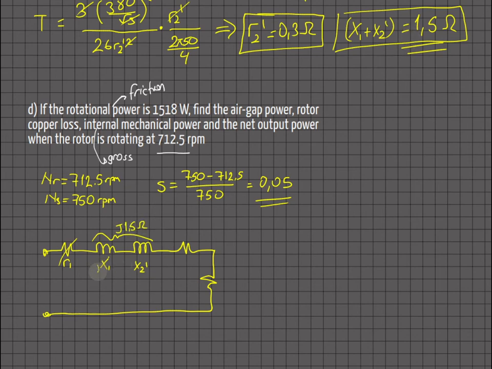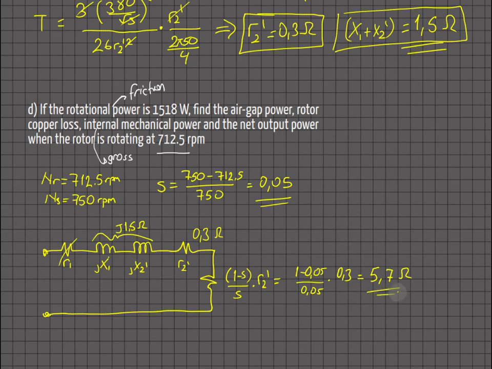Okay, this is J, don't forget the J's. And R2 prime is 0.3 ohms, and this was 1 minus S over S times R2 prime. So I know the S, I know the R2 prime, so I can calculate that one. So 1 minus 0.05 divided by 0.05 times 0.3, and if you make that calculation,